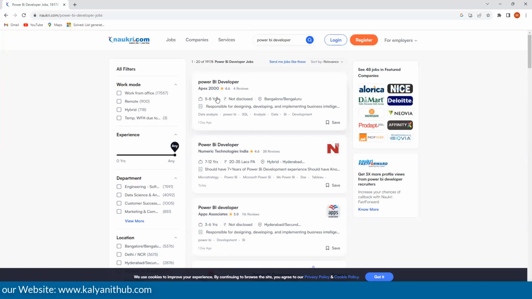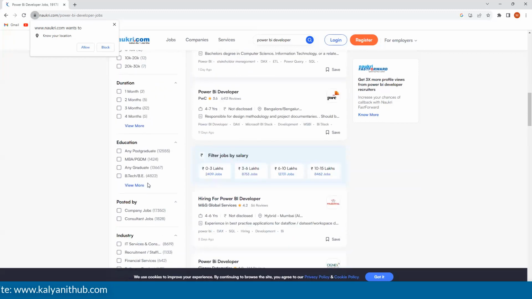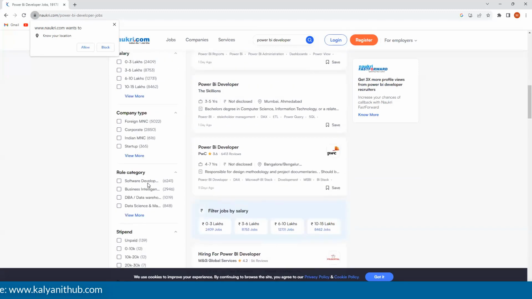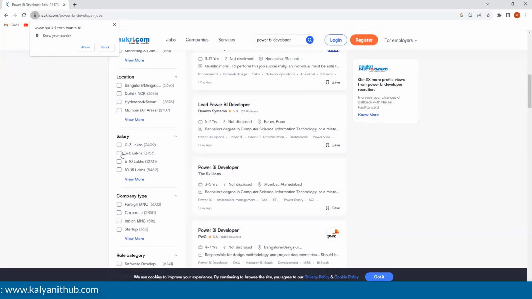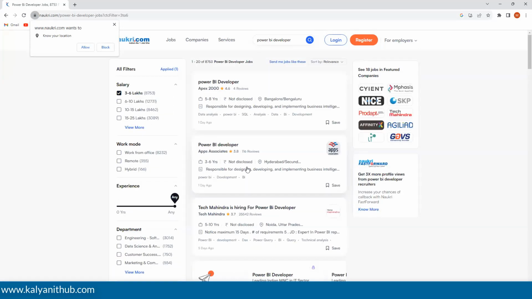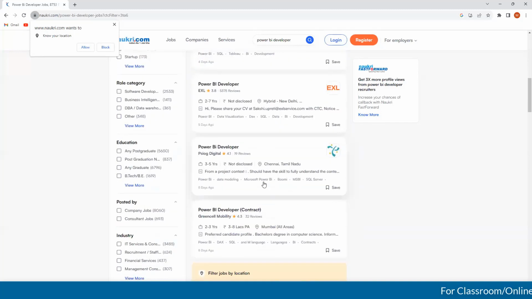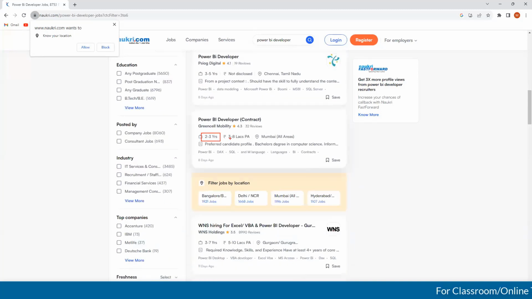If you see 5 to 7 years of experience, they are expecting, you can have 20 to 35 is also there. You can also filter by salary package, if you have 3 to 6 years of experience, and you can see salary disclosed, salary not disclosed. So for 2 to 7 years of experience you can expect 4 to 9. And the same way, this is 2 to 3 years of experience,